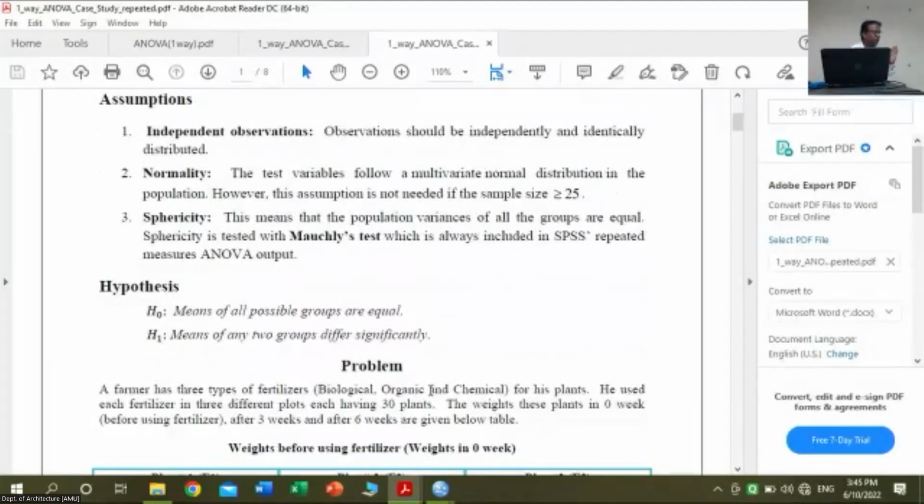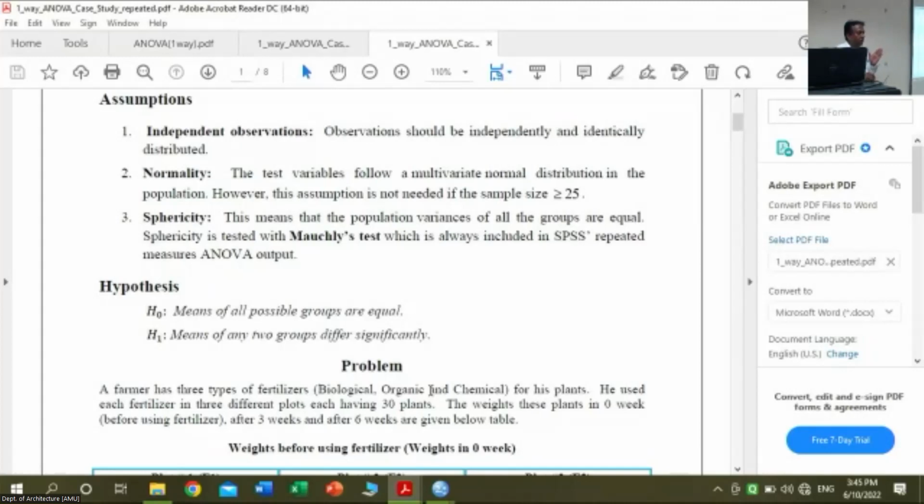यहाँ possible groups क्या है? With respect to time. 0 वीक पर, 1st वीक पर, 3rd वीक पर फर्टिलाइजर्स आपने यूज किया है। अब ऑल द 3 फर्टिलाइजर्स का इफेक्ट हम विद रिस्पेक्ट टू टाइम चेक कर रहे हैं, रिपीटेड मेजर, क्योंकि हमारा जैसे हमने बताया था पेयर्ड टी टेस्ट, सेम सेट ऑफ ऑब्जर्वेशंस को हमने बिफोर लिया था, आफ्टर लिया था, तो इसी तरह यहाँ